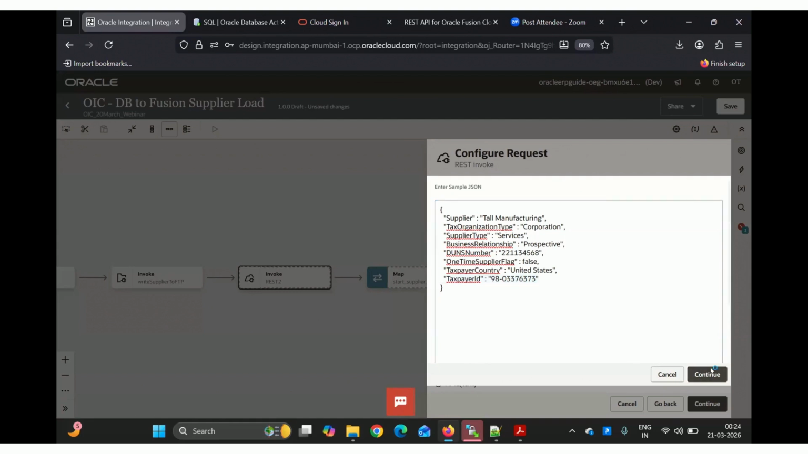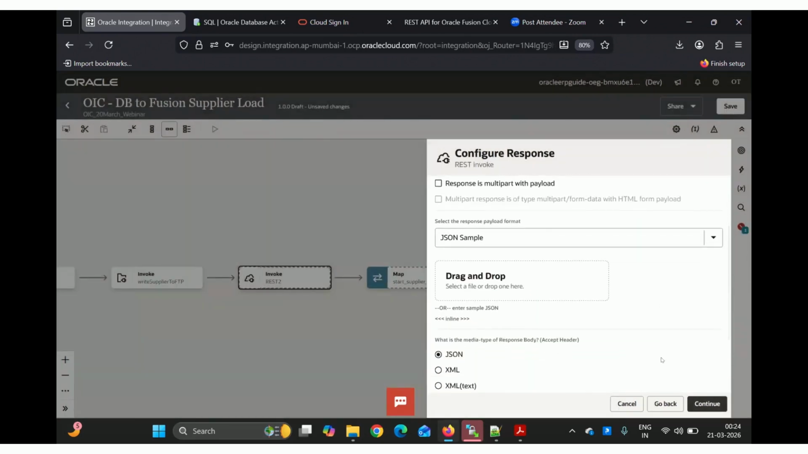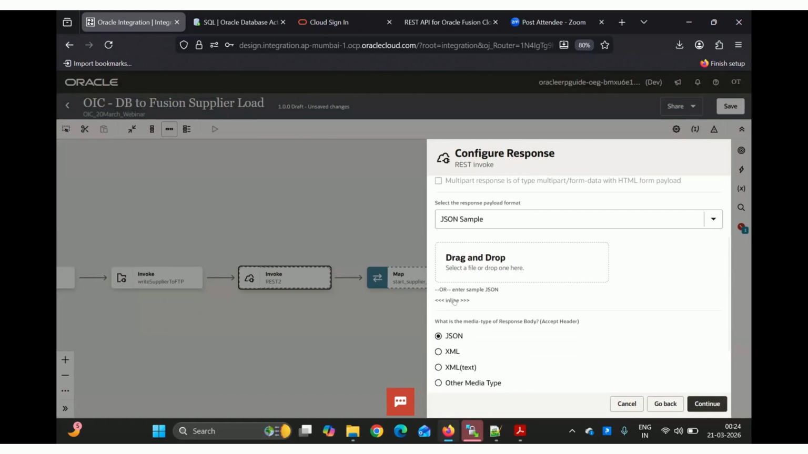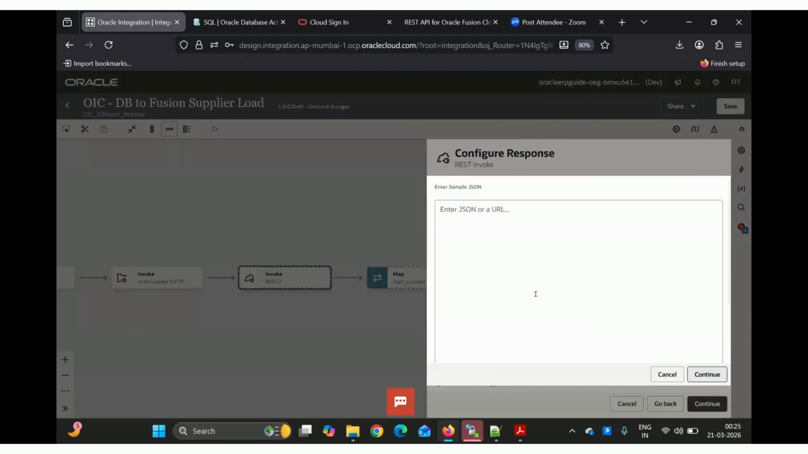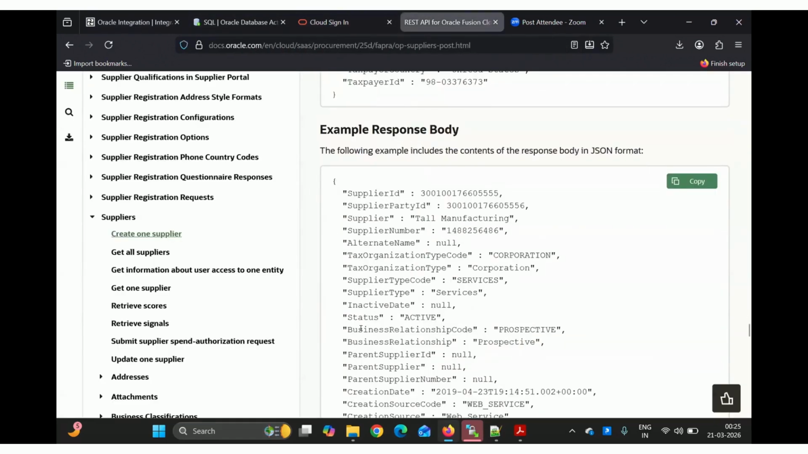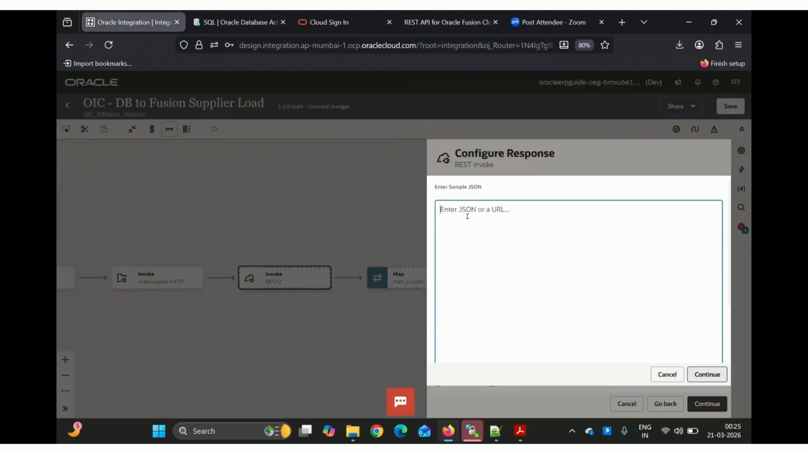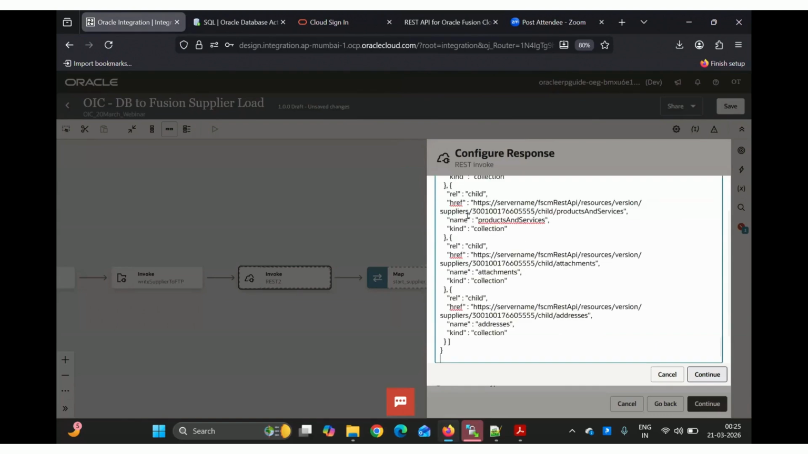So I will say continue and continue. Now what is the next thing? Now we have to configure the response, how that output will look. We can say that the output will look like this one. So this is how that output will look. We can say save. We can come back here and configure that response here. We can say continue